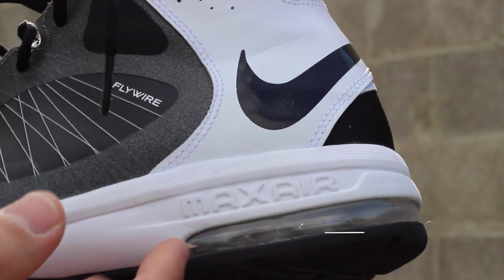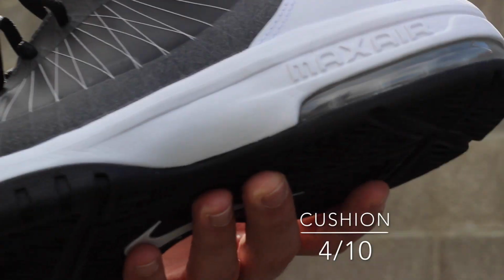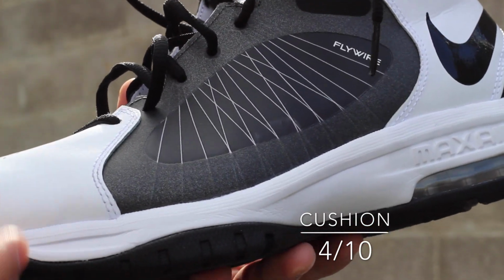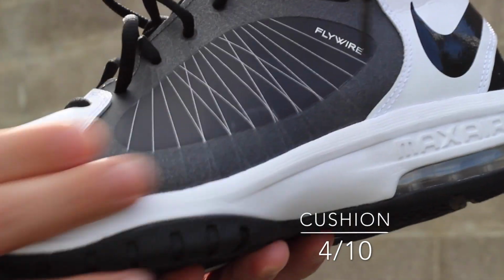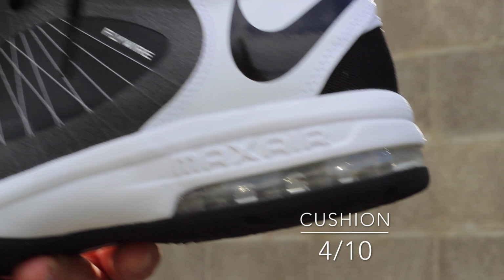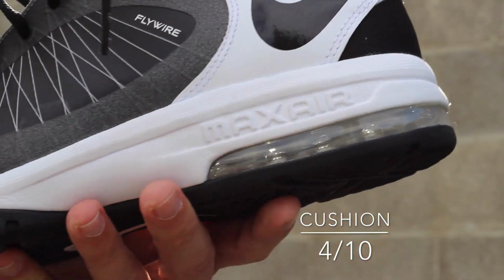So most of the cushion on this shoe is coming from the heel, the Air Max unit. This is actually the same exact setup as the Nike Air Max Stutter Step. So up front, nothing except for Phylon, and then right here you have maximum impact protection at the heel. This type of setup is great for larger players or heavy set players, people with a lot of rebounding or